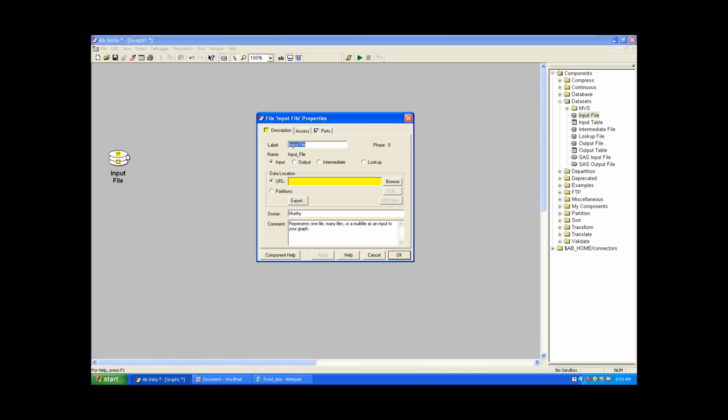Now I am reading the customer data, so I am following some kind of naming convention here. I am giving like input file, then opening curly braces, because I got instructions for this naming convention from my customer. That's why I am following it. Naming convention can be different from project to project, client to client. So this is the customer